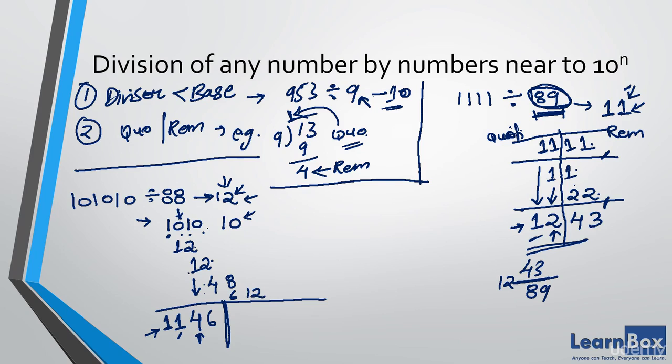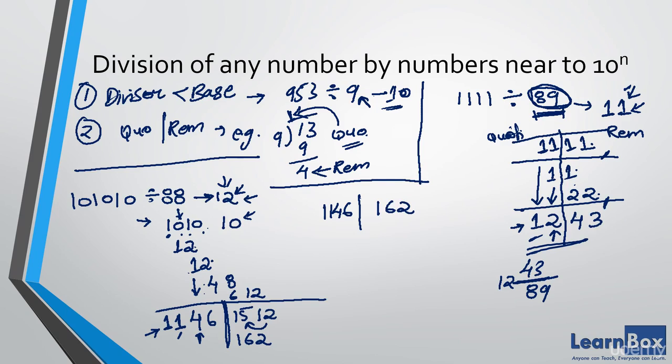Now we'll add this since we have reached the last column. So 0 plus 12 is equal to 12. 1 plus 8 plus 6 is equal to 15. This 12 will carry forward here, so this will become 162. Now you can see the answer is coming something like 1146 in the quotient part and 162 in the remainder